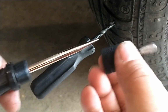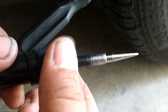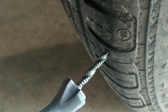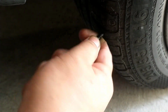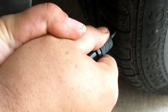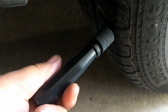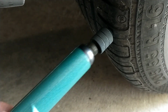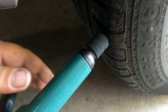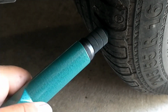Alright. Now, that cap right here, you put it back in your little ice pick thing. And now, let's go ahead and try to get it on in there. You just want to put that in as deep as you can. You unscrew this. And you screw this back in. Don't worry about the air coming out too much. Once you got it in,